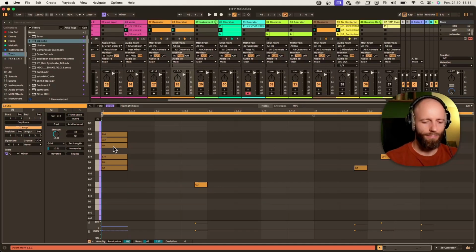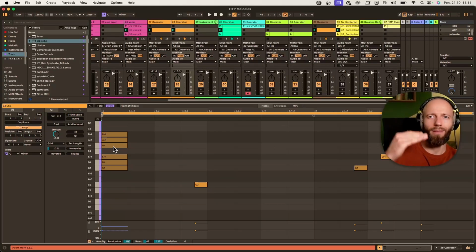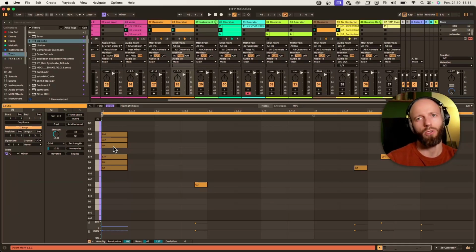Maybe G is okay, but 1 to 5th doesn't bring a lot of tension and emotional content. It brings a lot of movement. So you really want to explore in your melodies 2nd, 3rd, 6th, and 7th. But 2nd, 3rd, and 6th will give you a lot of emotional content, a lot of tension